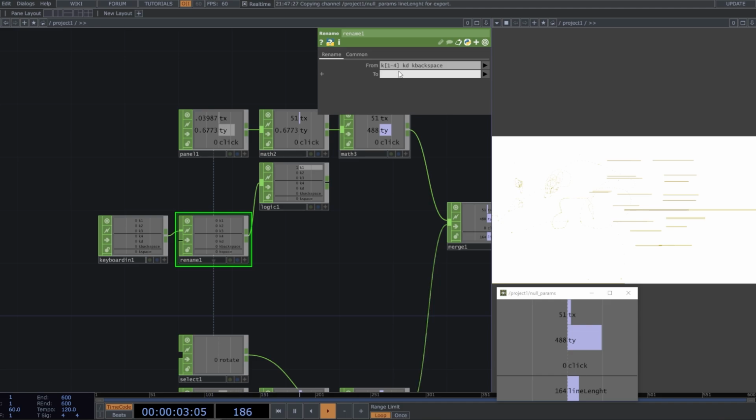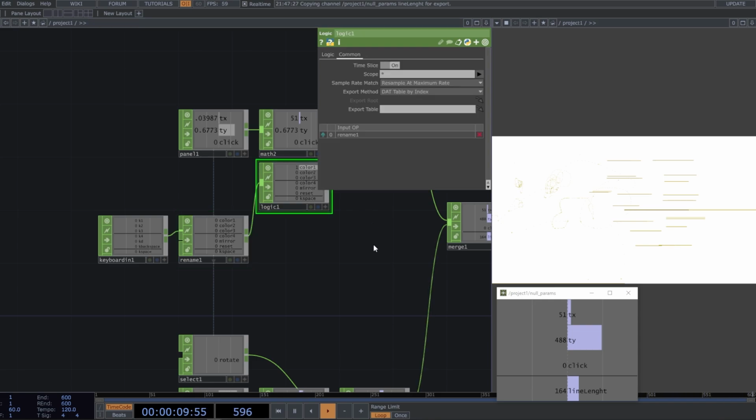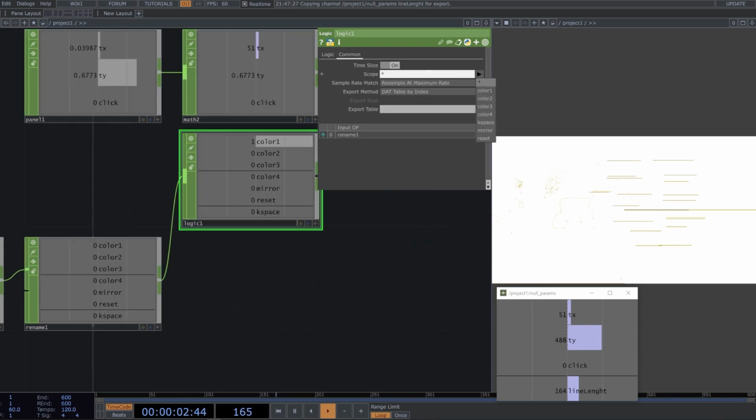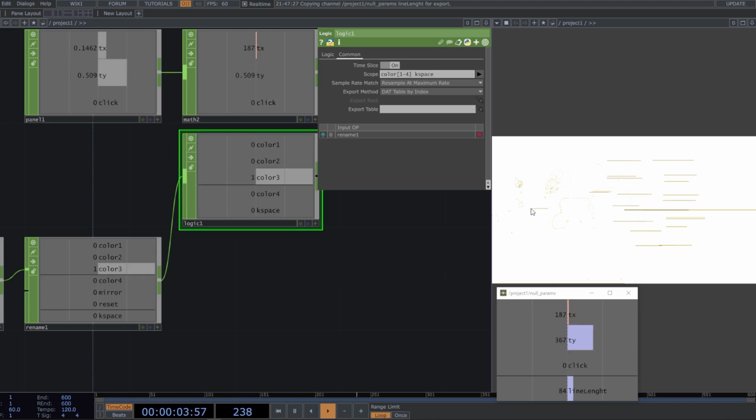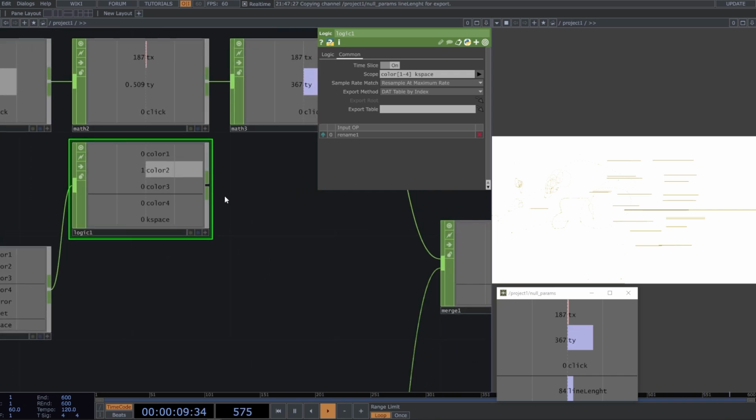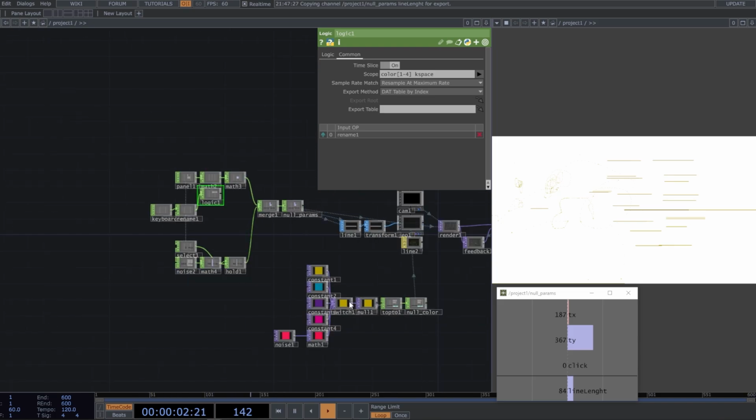We will rename it color from 1 to 4 to mirror, because the D will be the mirror, and reset, to reset the canvas. Okay, so now here on the scope, on the logic 1, we will select only the colors, color 1 to 4, and key space, that is the random color. So now if we click, we will change that, but we need to only have one value, that is the value that we will